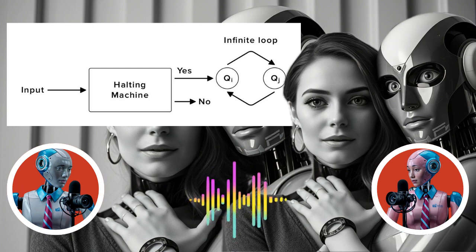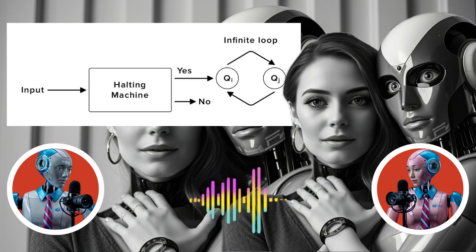Well, it all boils down to one question, really. Can you create a program that can analyze any other program and tell you with absolute certainty if it'll eventually stop running? Or will it get stuck in one of those dreaded infinite loops? It's like a universal code checker. Can we create something that can always predict if a program will ever finish? Exactly. That's the essence of the halting problem. And the answer is, well, you can't. No single algorithm can be created that can solve this problem for every possible program and every possible input you could give it.